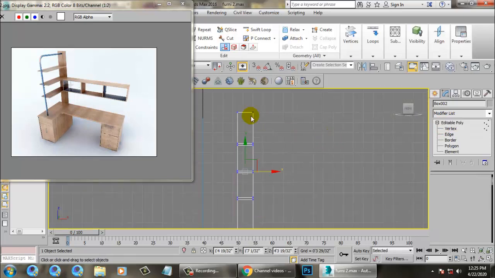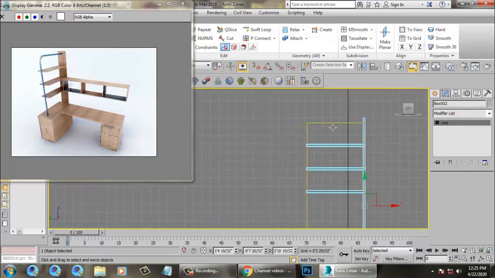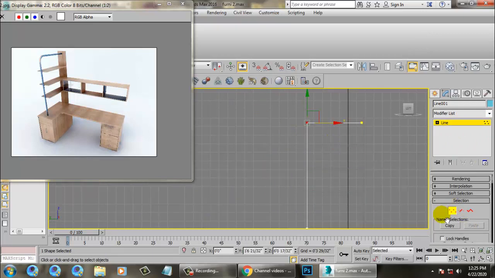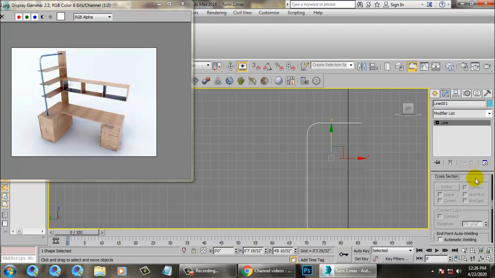Now select the line, let's go to the vertices and let's select and give a fillet to it. You need to give a bit of fillet, so fillet will make it more roundish.